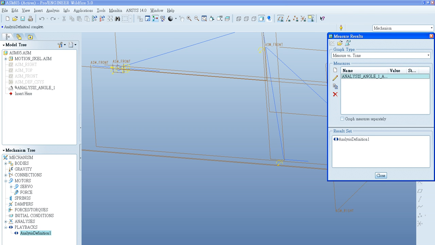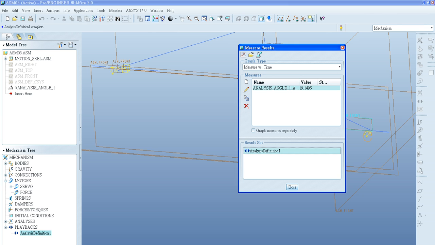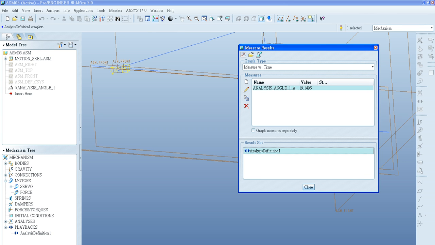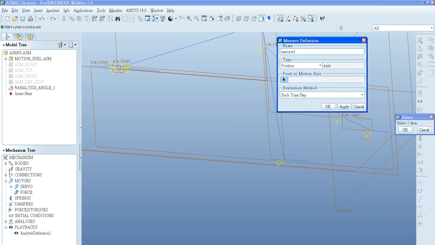Here you can see the analysis angle. It should be the same as I measured previously, around 19 degrees. That's correct. The system didn't collapse or anything. Okay, here you have to set up the